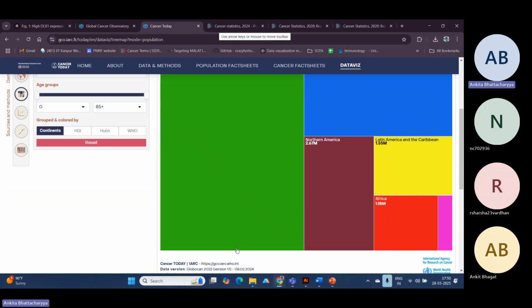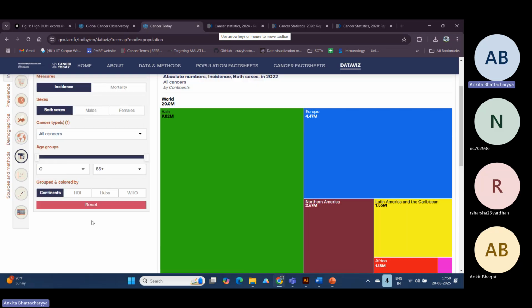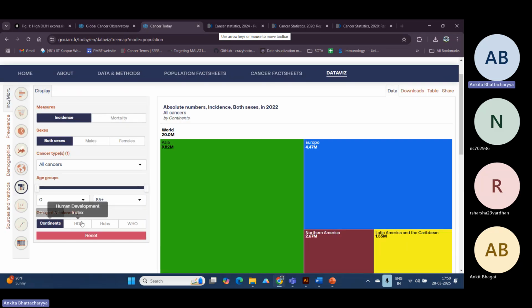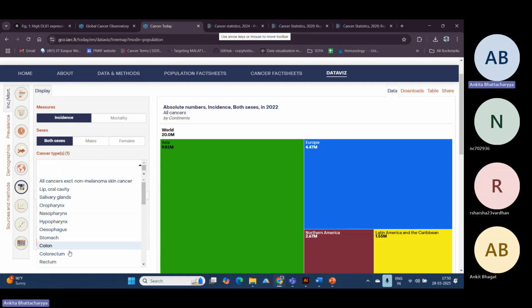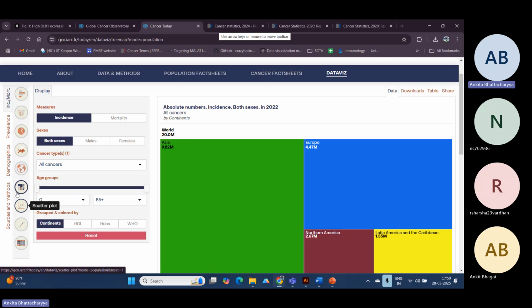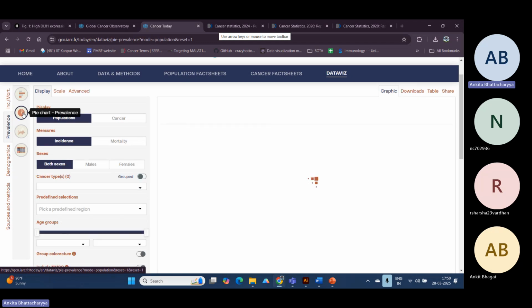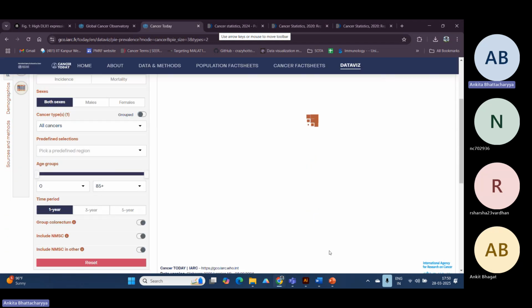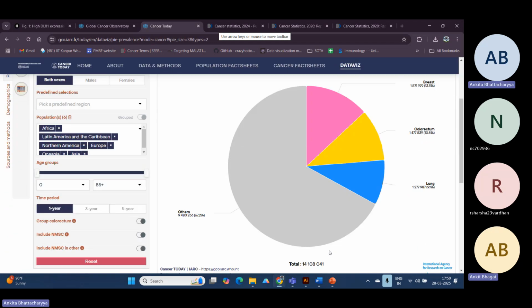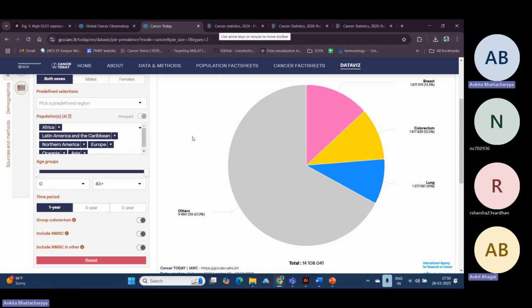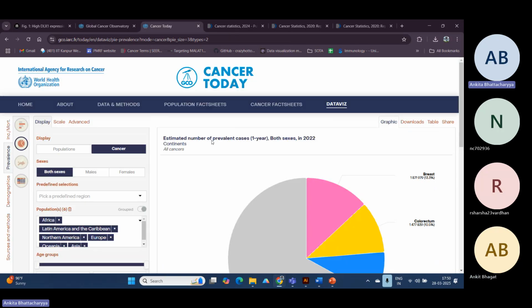So basically, the size of the box indicates how prevalent that particular cancer is. And you can develop it differently, like hubs or human development index, etc. You can use one particular type of cancer. All of that is for you to completely explore. This shows you prevalence, which is the other statistic that I talked about. So you can use it for your own understanding however you want. So that is overall what I wanted to